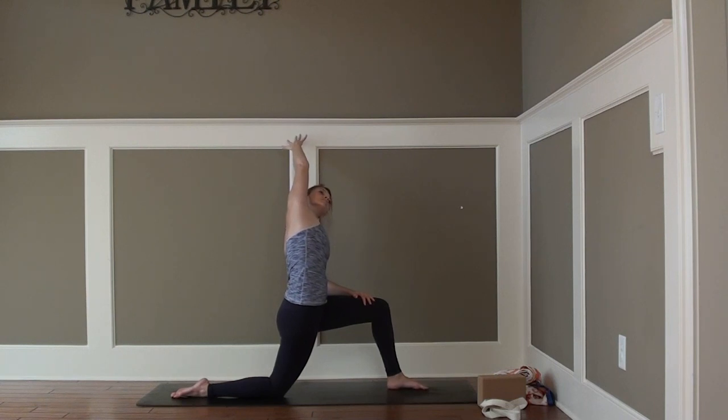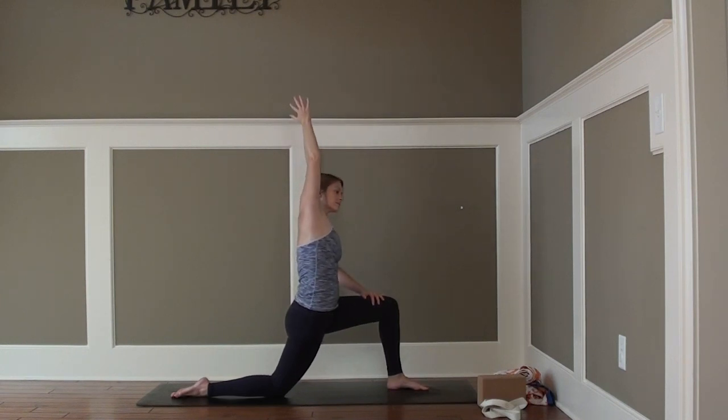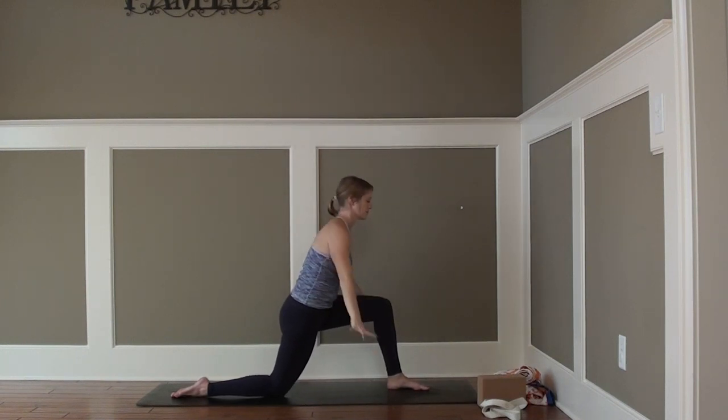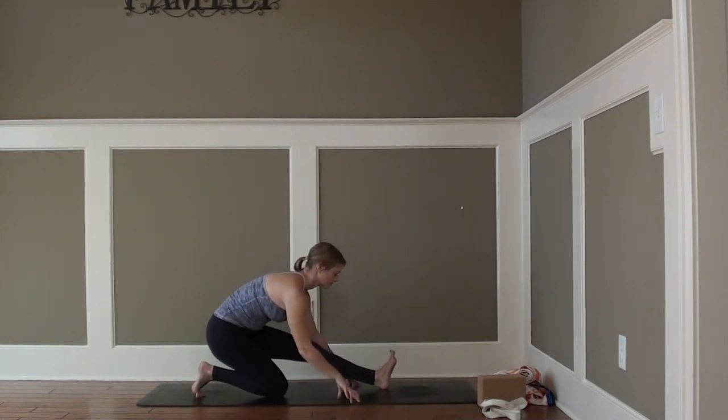feeling a stretch come from the outside of the right hip up through the right side of the body. Space coming between each rib as you reach up and over, and even feeling a stretch into that right hip, right IT band. Release the fingers to the mat, tuck the toes of the right foot, and send the hips